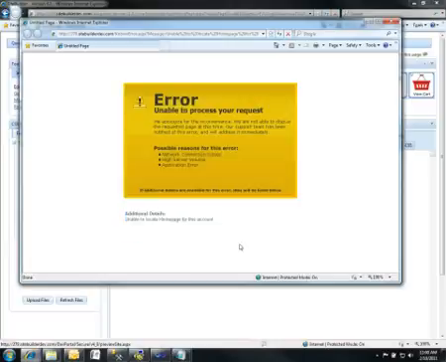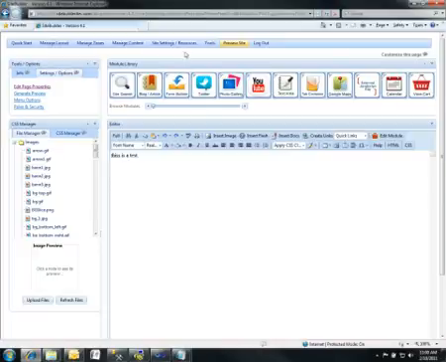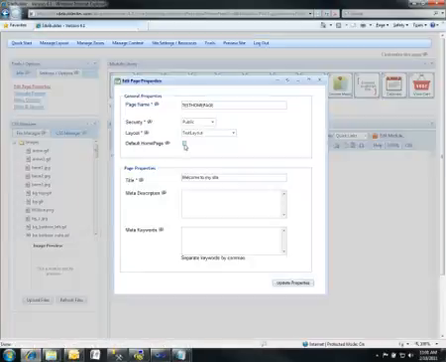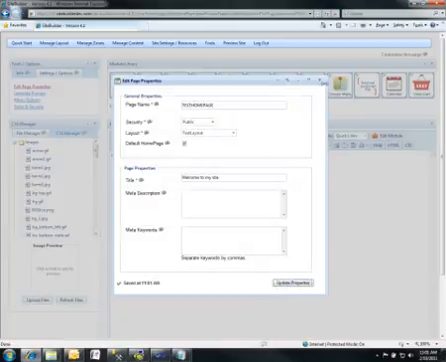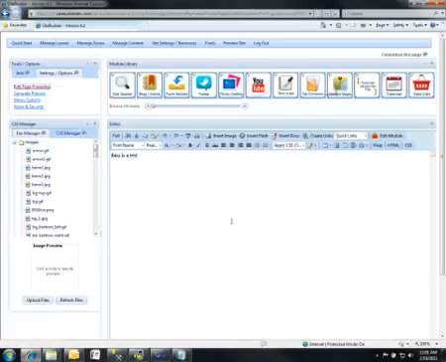So if you see this, what this error probably means is you either one, haven't created a homepage yet, or two, you didn't flag it as the default. So just to help you out there. So I'm going to come back in here under edit page properties, and we'll set this back. Alright. So now that we have our home page, I'm going to show you how to create the content pages,